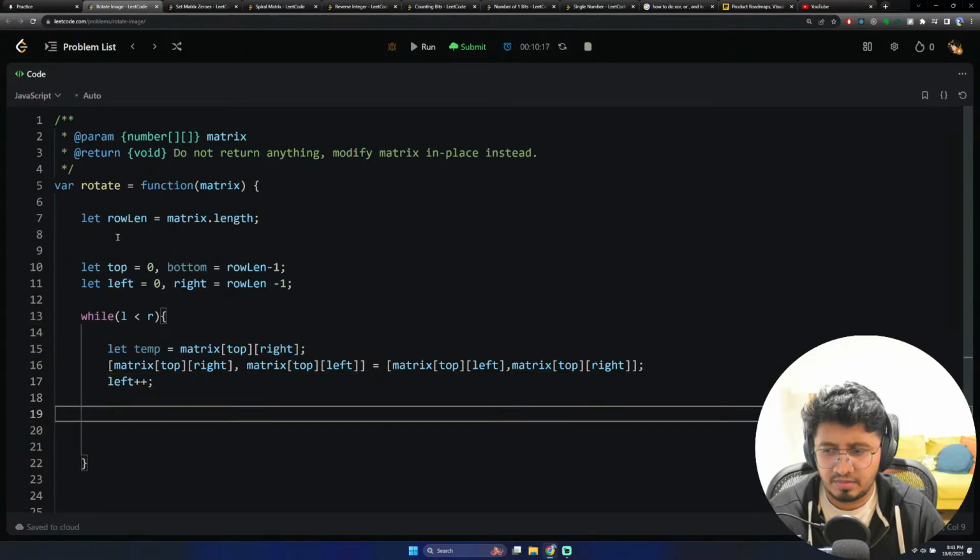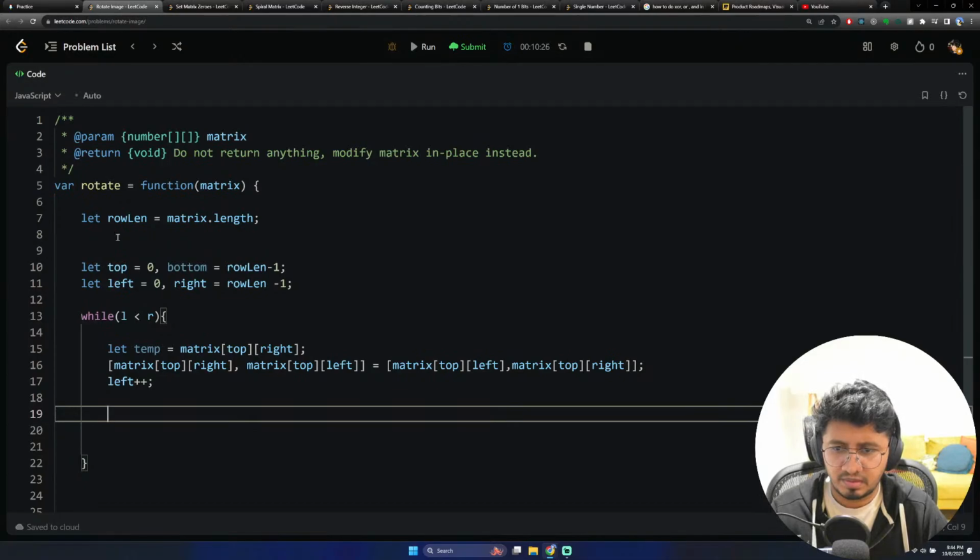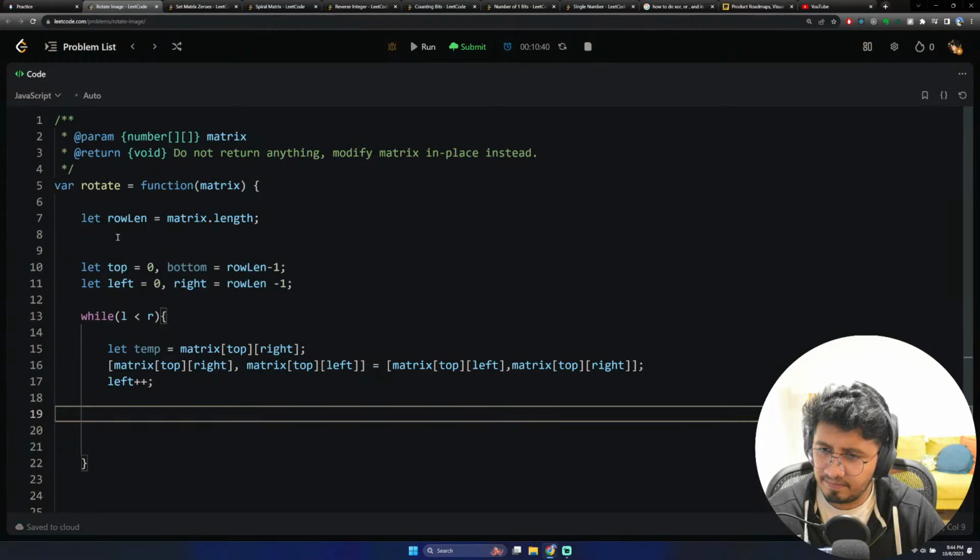And then what we gotta do is temp, let temp2 is equal to matrix of